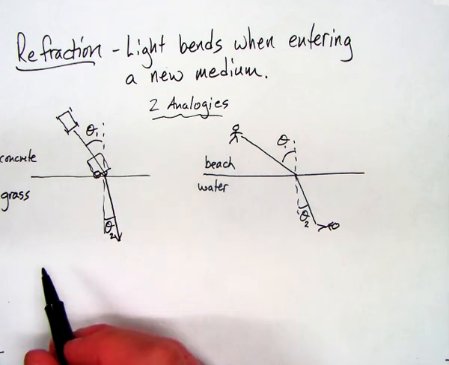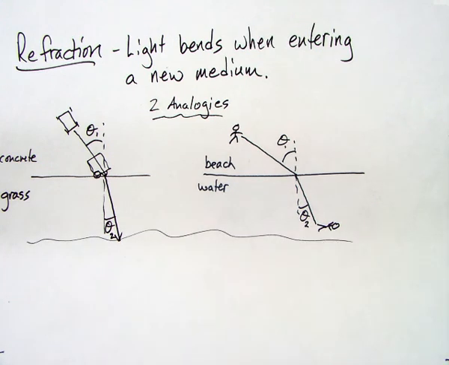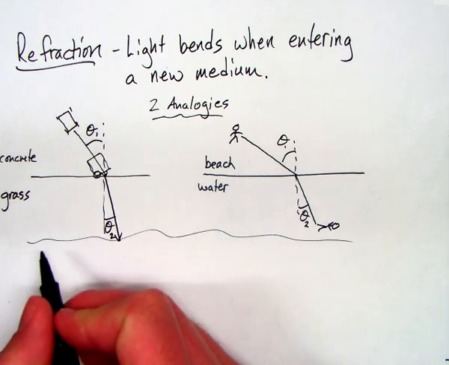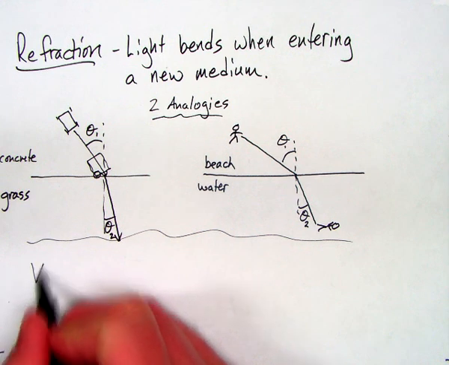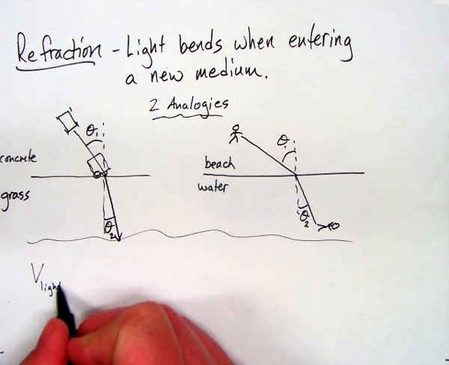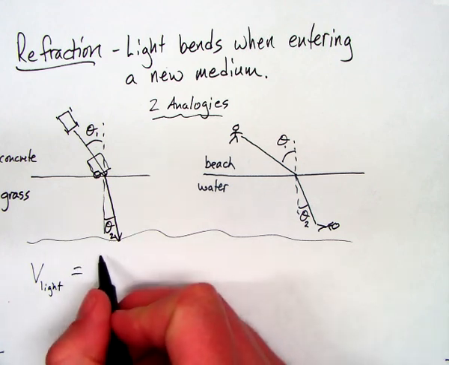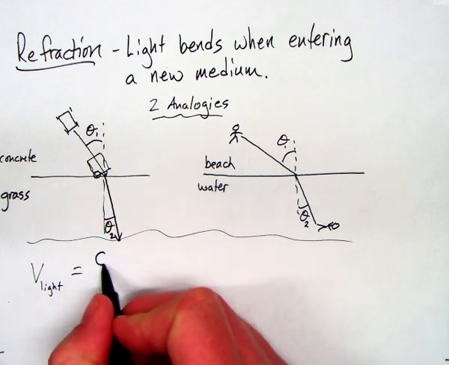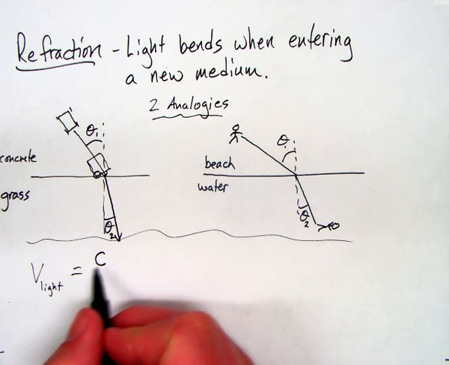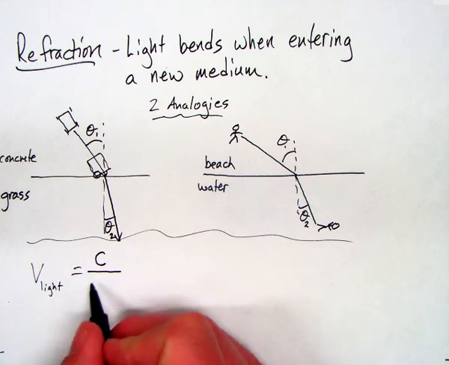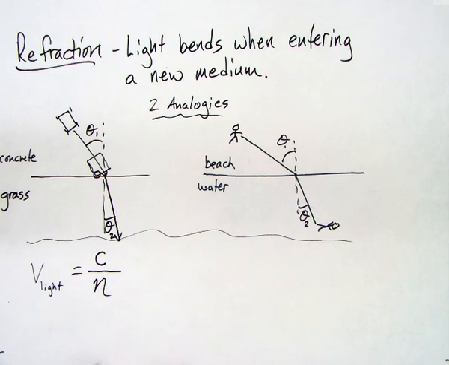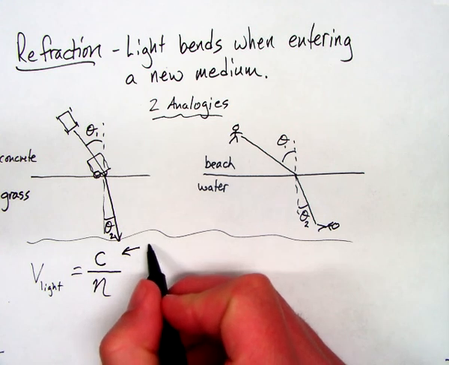So when we're talking about light, it's important to know the speed of light. So the velocity of light, you've heard the speed of light is often called c. C is the letter given for the speed of light, from the Greek word celeritas, which is swift. And in physics, we can figure out the speed of light from this expression, where c is the very fastest speed of light. This is the speed of light